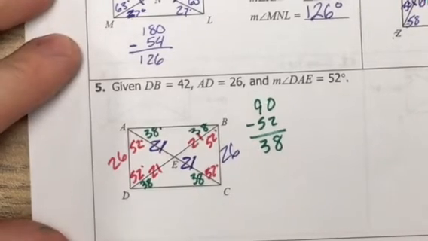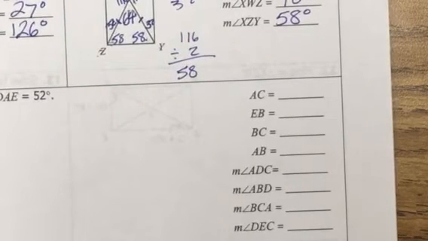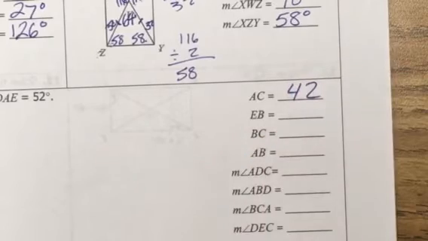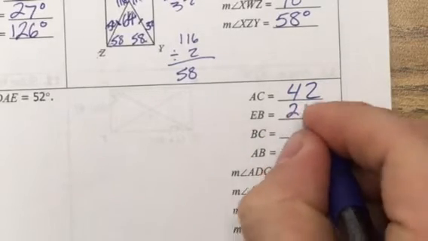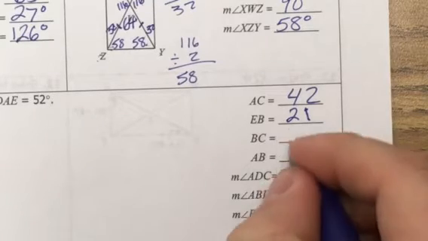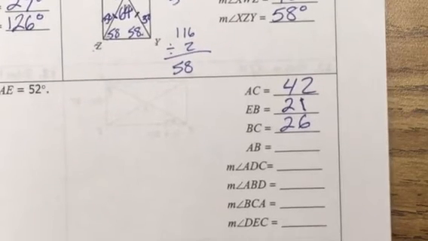Okay, now let's go see how much of this information we've already figured out. We've said that AC has to be 42. We've said that EB needs to be 21. We said that BC is 26. We said that AB, well, we haven't been able to find that yet. We'll use Pythagorean's theorem in a minute. So looking on,